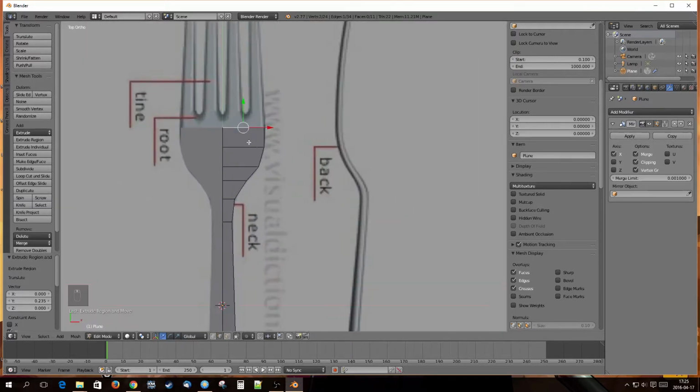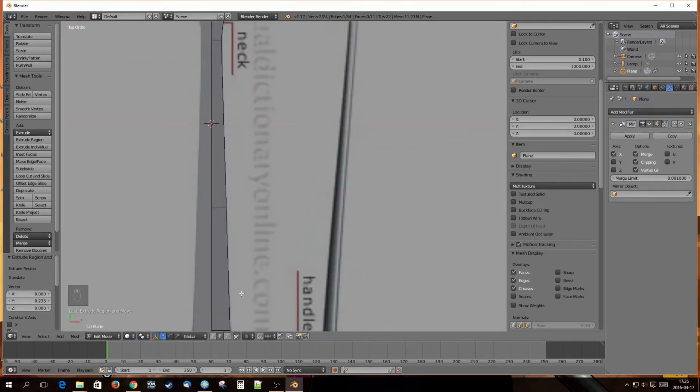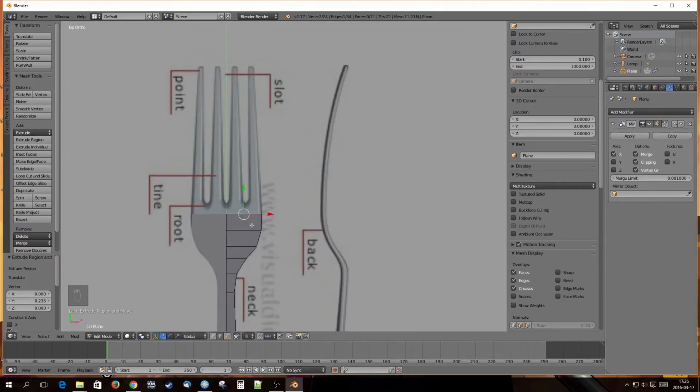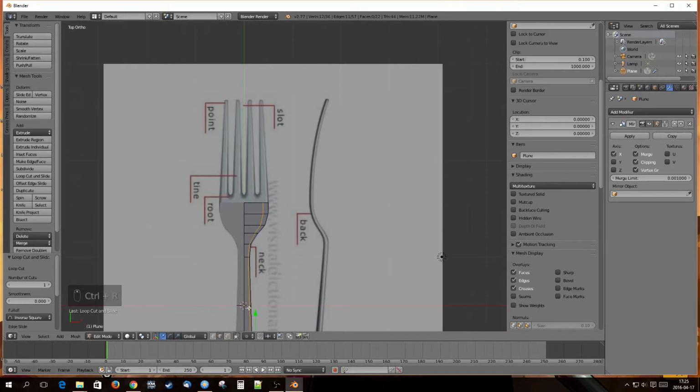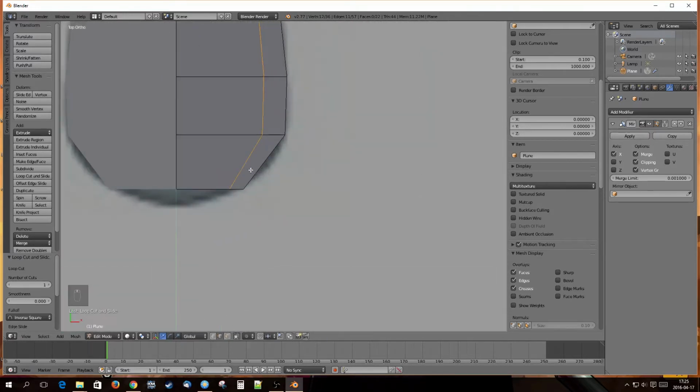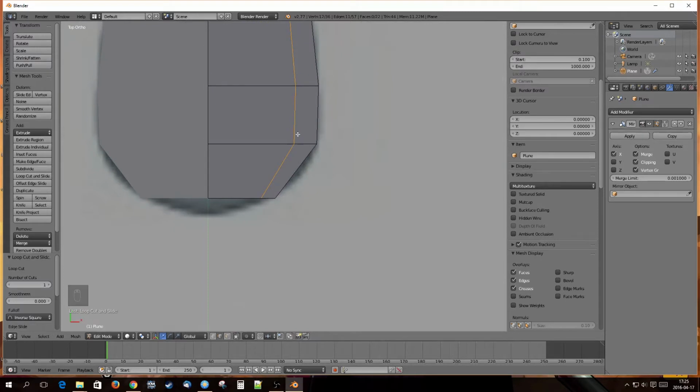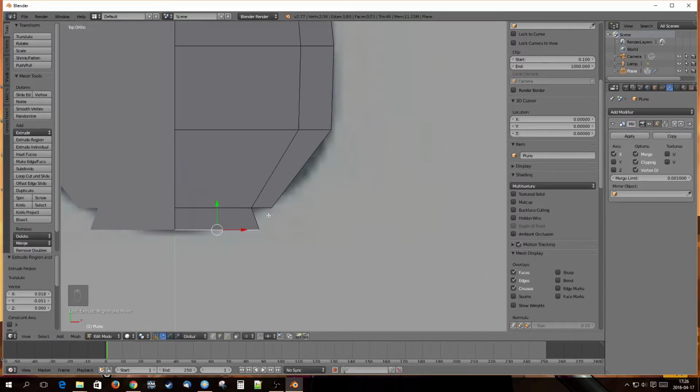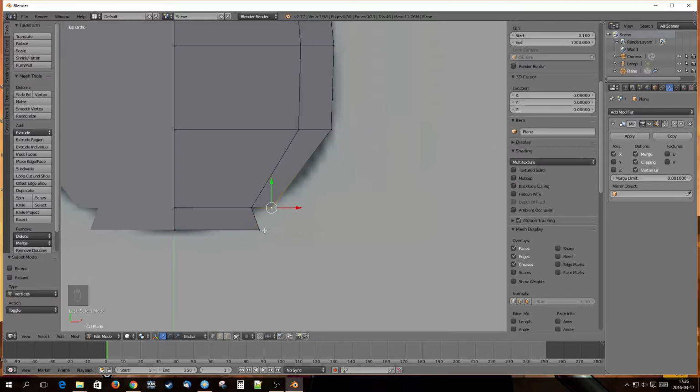Now I want to add edge here, so it will have a better topology. So I press Ctrl R, and here I want this part to go like this, so I select this edge and extrude it, and then I go to vertex mode, select this one, then while holding shift I right click on this one, press Alt M, merge at last,